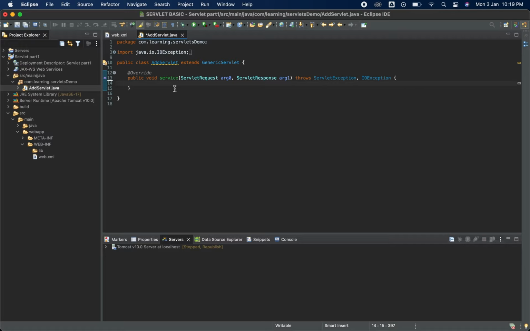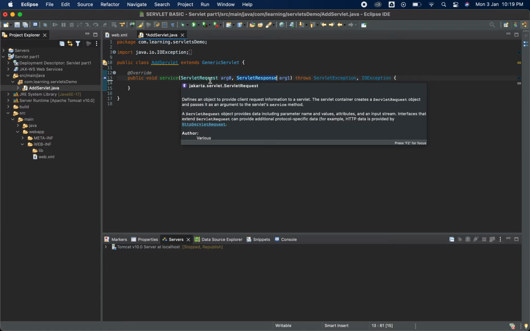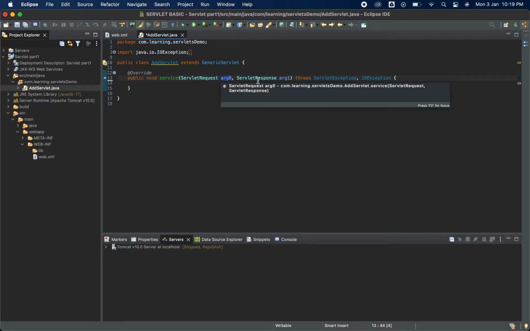The GenericServlet class has this service method and it is overriding the service method here. Now it has two parameters, as you can see, ServletRequest and ServletResponse. Whatever request comes from the user side will come under this one, and whatever response we send will be sent under this one.